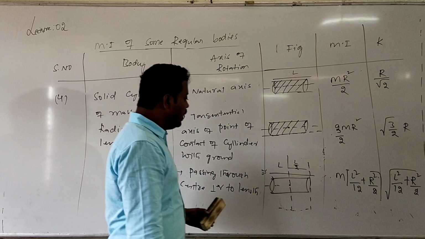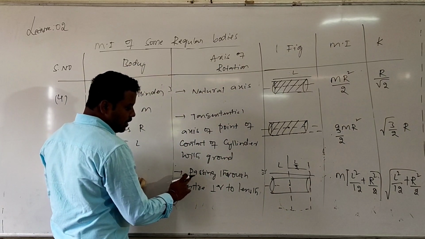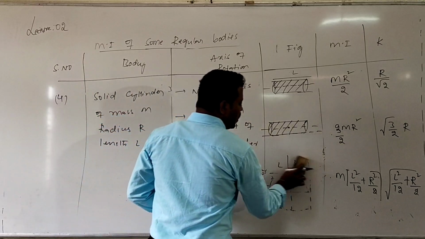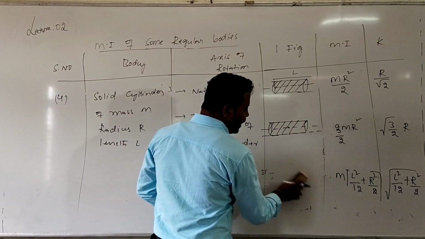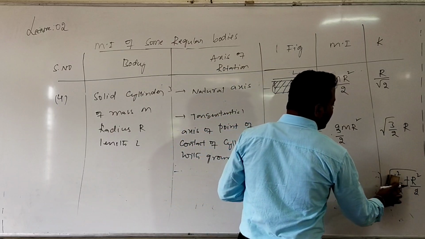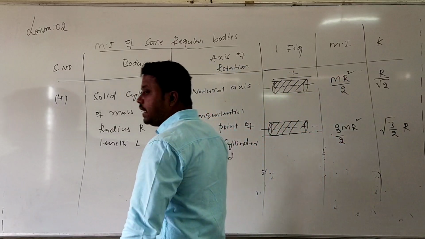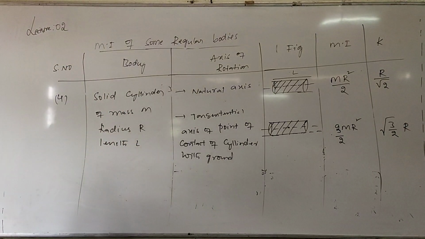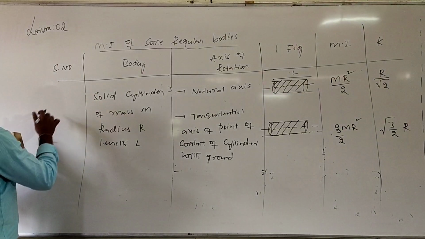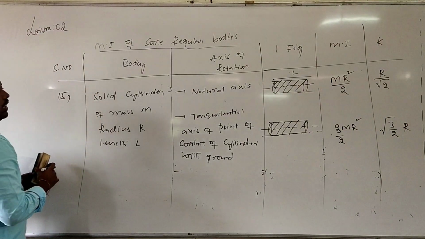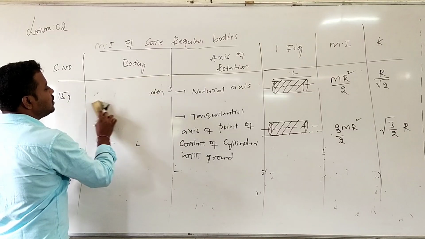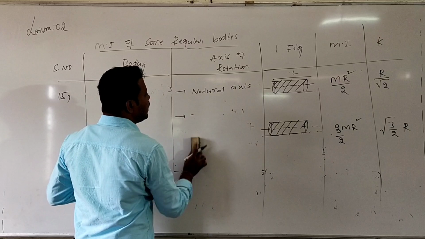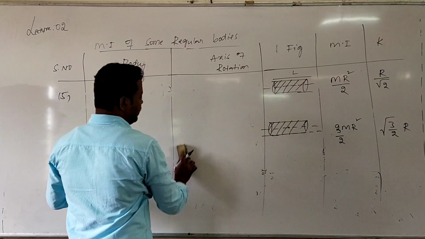Correct? If I want to calculate the moment of inertia of the cylinder, the remaining are all the same. But what is the difference between the last case and this case? In the last case we considered the hollow cylinder. In this case we consider the solid cylinder. Understood now? So this is the fourth one. Next, the fifth one. Cylinder is over now. Then we will consider a sphere, a hollow sphere. Then we will write a solid sphere.